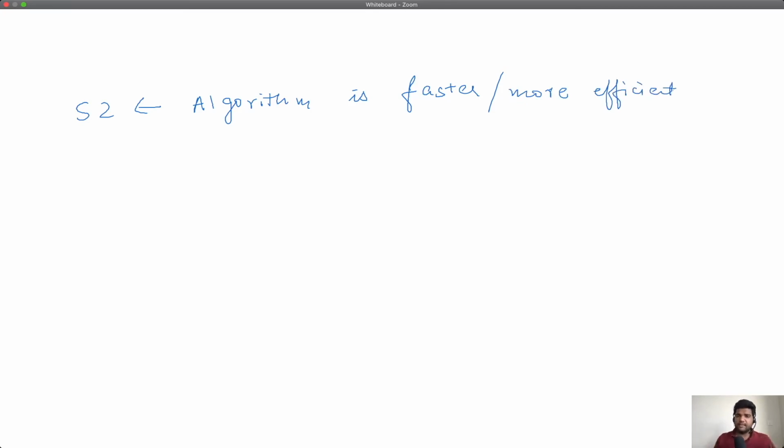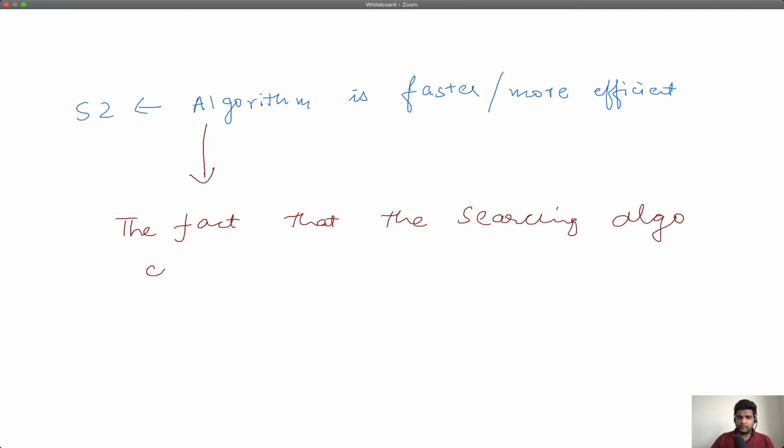So this basically tells us that the fact that the searching algorithm can be made faster was dependent on the search space.